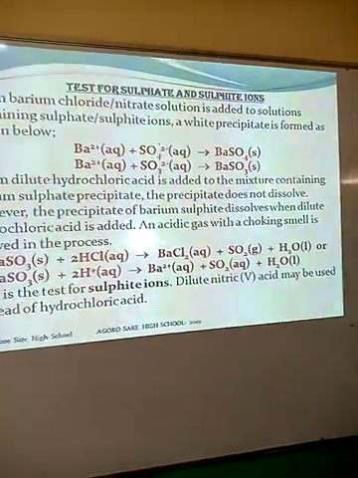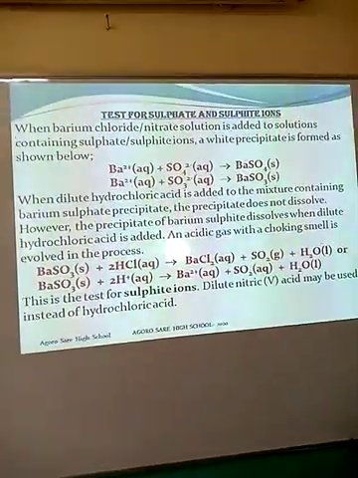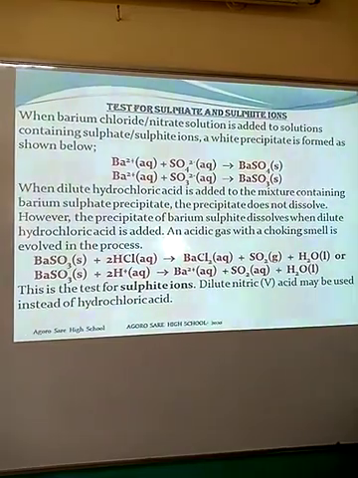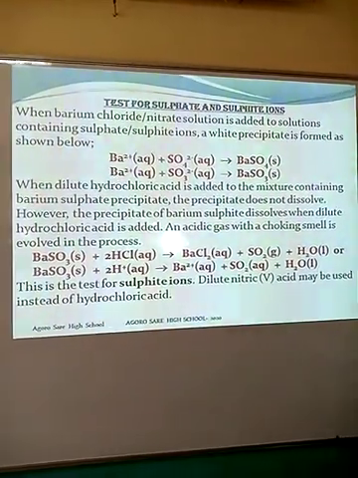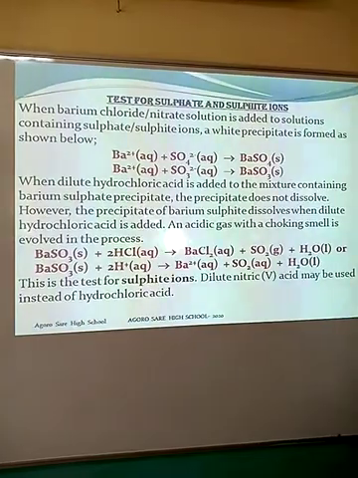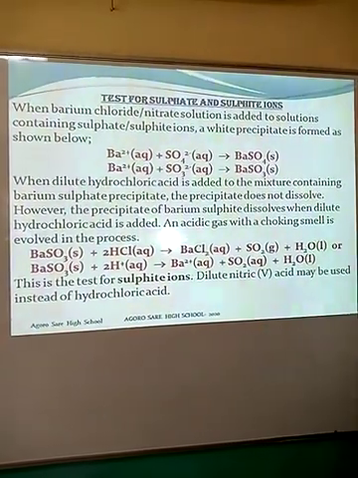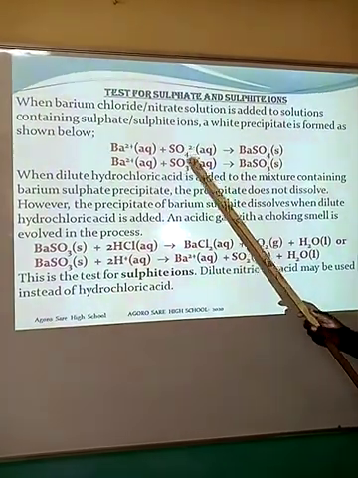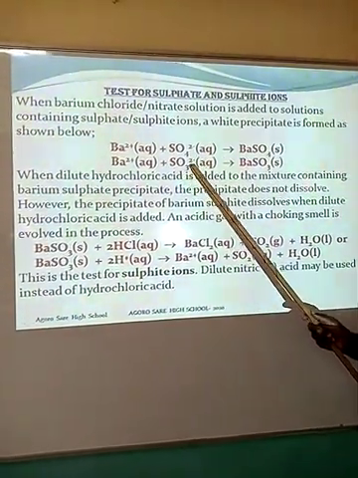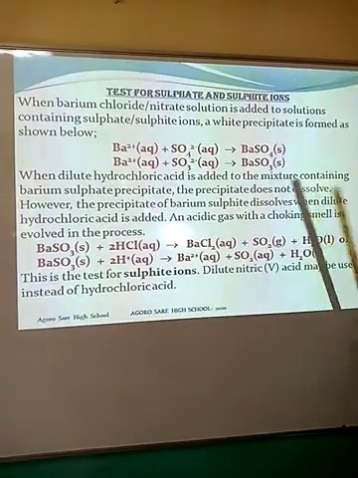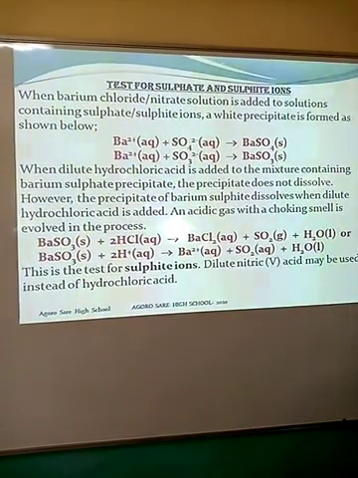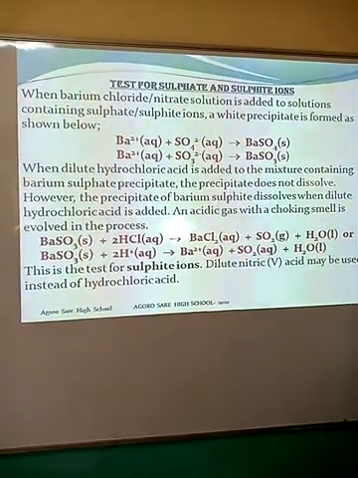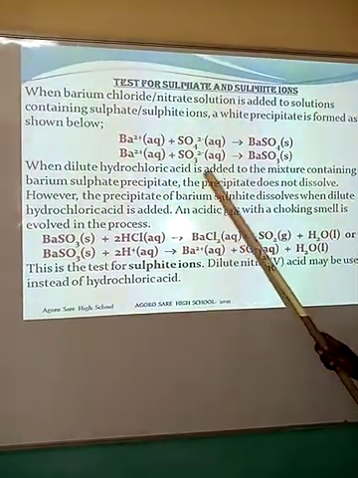Now, another important concept here once again is the test for the sulfate and sulfite ions. These are two species. The question is, how do we differentiate between a sulfate and a sulfite? Sulfate is SO4 2 negative, and sulfite is SO3 2 negative. There are very important reactions that you need to use to differentiate between the two. One, when you add hydrochloric acid,